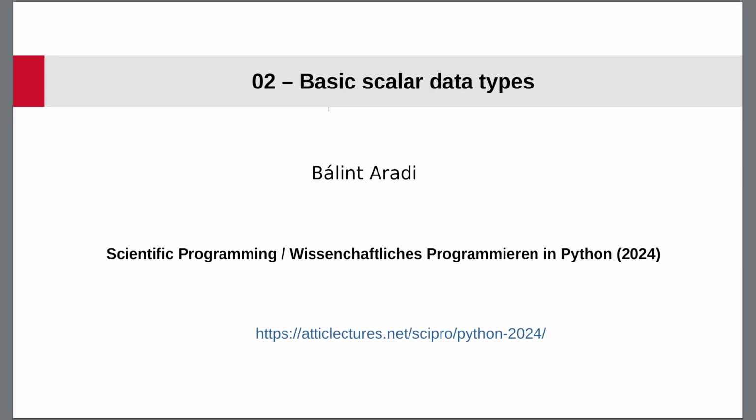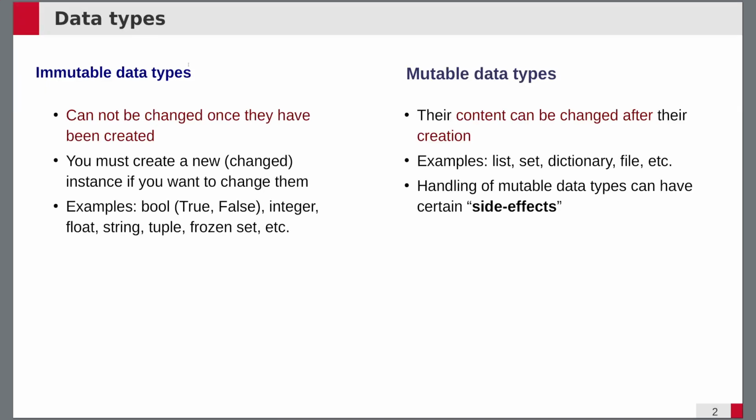In this video, we will discuss the basic scalar data types in Python. And first, let's have a look at the two types of data types which are important to be able to distinguish in Python, the so-called immutable data types and the so-called mutable data types. The immutable data types are those where if you create a certain object, a certain piece of information, it cannot be changed